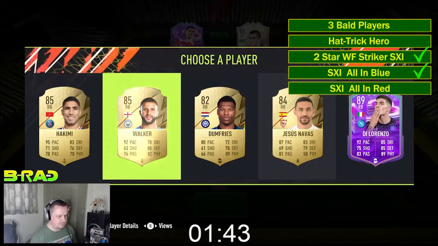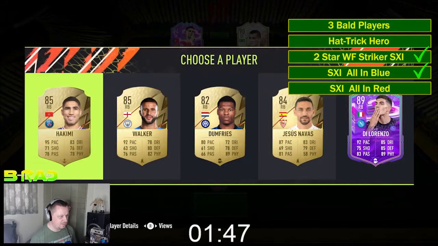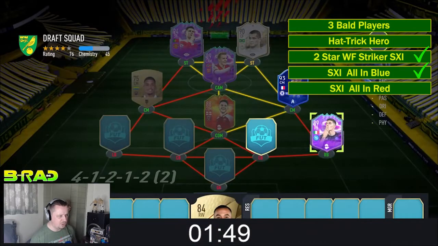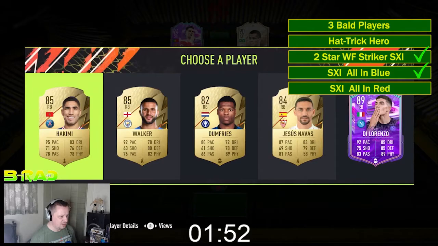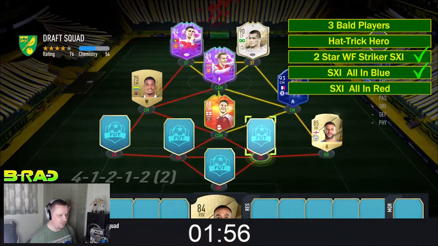Can we go for Di Lorenzo? I mean, I feel like we should because of the foot birthday theme, but Kyle Walker does give us chemistry. Now let's go Kyle Walker. We need...